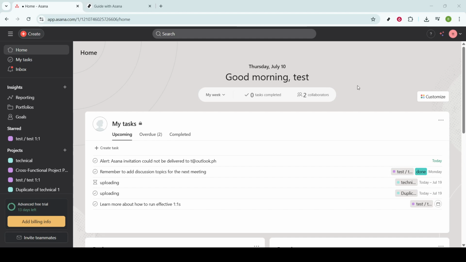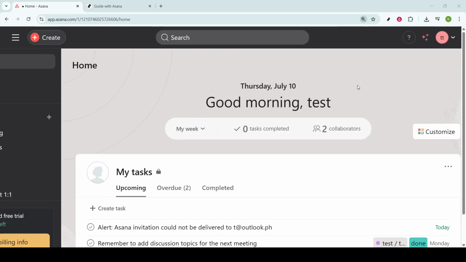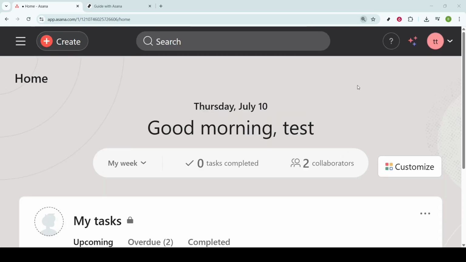To zoom in on Asana using your keyboard and mouse, you'll want to start by holding down the Ctrl key on your keyboard. While maintaining pressure on this key, move your mouse's scroll wheel upwards. Doing this will zoom in on the screen, making every element larger and easier to see. This technique is particularly handy when you're dealing with tiny text and icons, and you need them to stand out